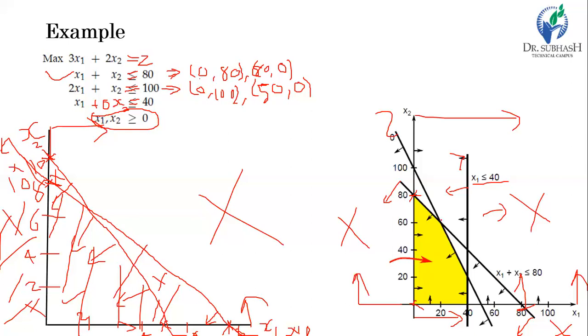Another point is here, which we cannot say directly by observing the graph. And another point is here, which we also cannot say by observing the graph. If you draw the graph as per the scale, then you can say for this point the value of x1 is 40 and the value of x2 is 20. If you draw a horizontal line here, then another extreme point is here, with x1 equal to 40 and x2 equal to 0. Now these are all the possible feasible solutions of this problem.